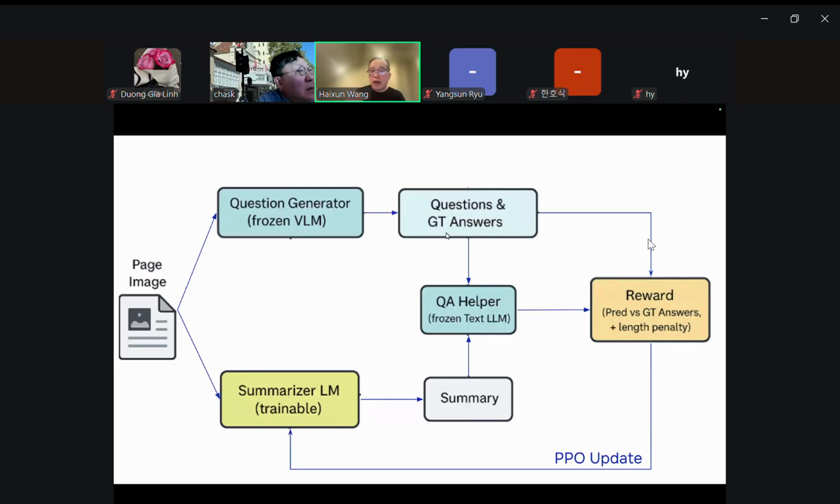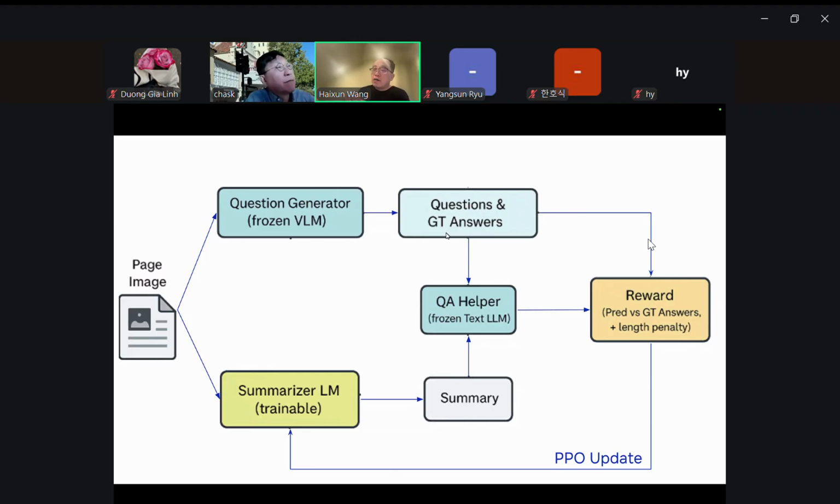Then you have a question answering helper, which answers a question based on the summary generated by the vision large language model. This summarizer model produces the summary to be used as the input for the question answering large language model to answer the questions.